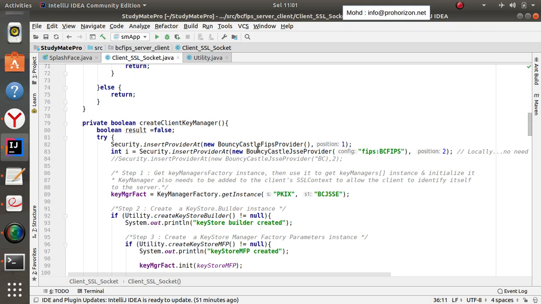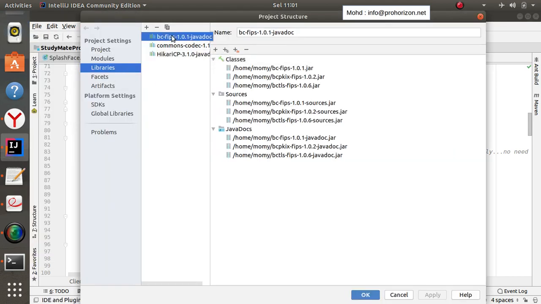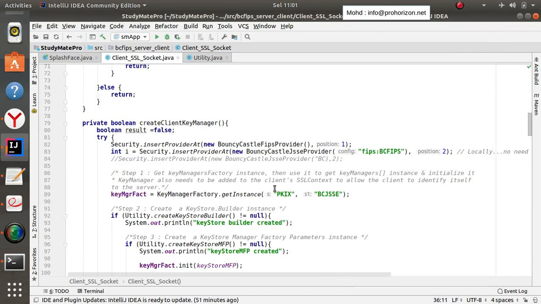And we know what the differences are. The third thing is that we need to add the jar files to our project structure, which is pretty straightforward. These are the jar files. You just add them and make sure that you are using the FIPS mode, because there are normal ones and there are ones with the FIPS mode. So make sure that you use the jar file that contains the FIPS mode. This is all about setting the Bouncy Castle provider as your number 1 and number 2